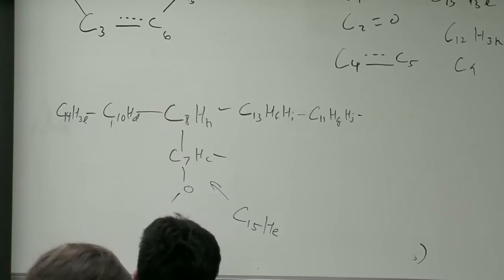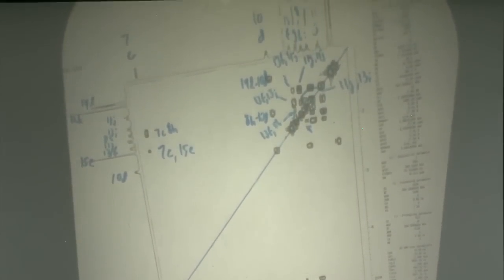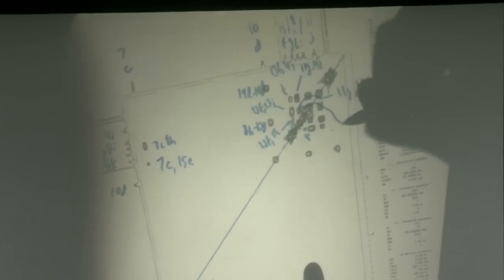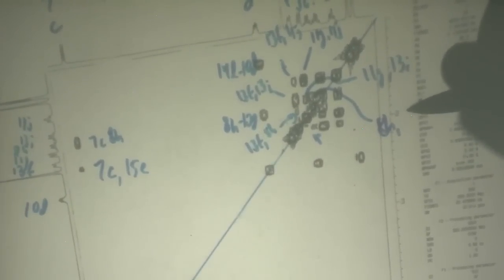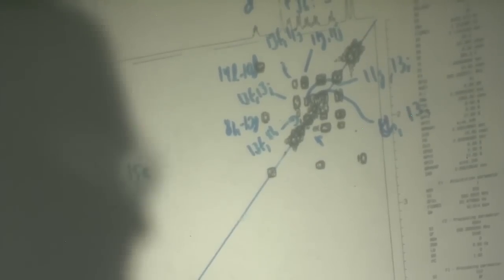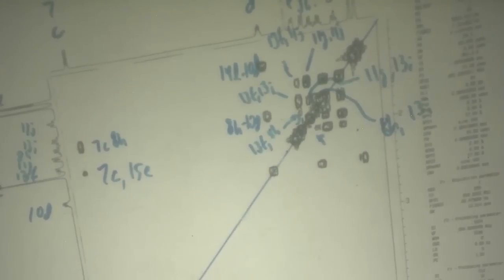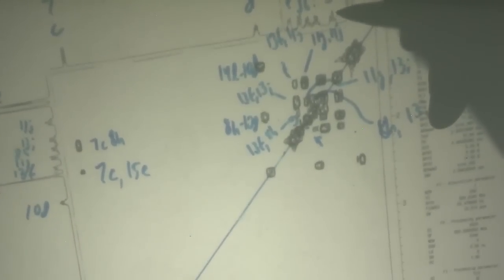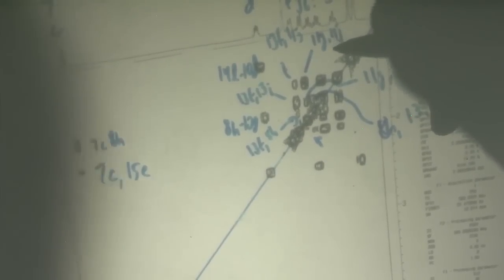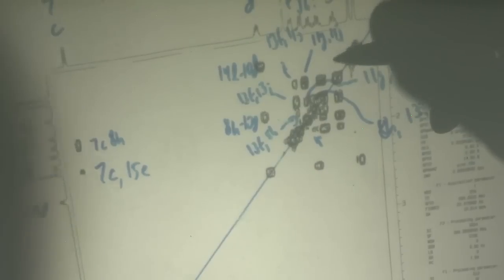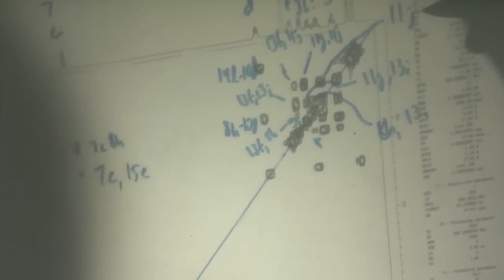Everything else we're going to see here is going to be redundant. So you've got this off-diagonal peak here of H cross I. 8H crosses 13I. And so that just reinforces the information we have over here. And then our last cross peak is J cross I. So 11J crosses 13I, if I'm seeing correctly. All right, so that basically takes us as far as we can go based on the connectivity, and we still